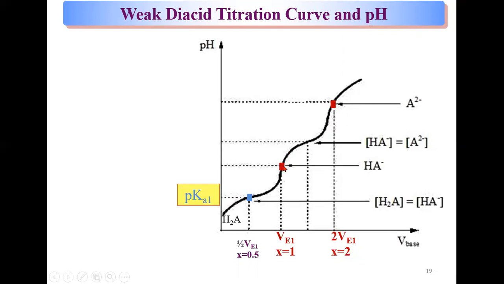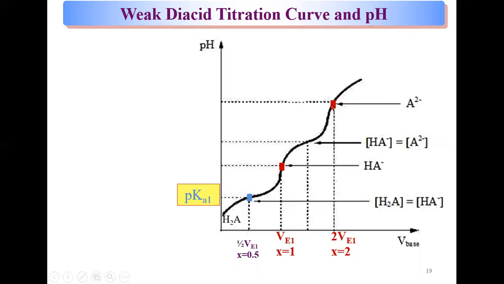In this case, no. The OH minus can react further with the HA minus and creating another weak acid titration graph. So again, here's my new initiation pH, rise, a buffer region, and then